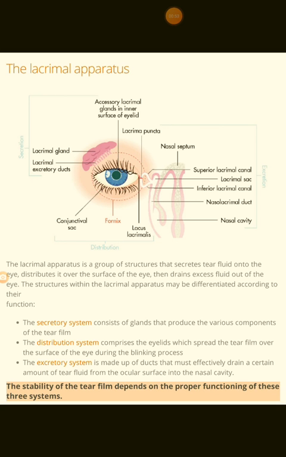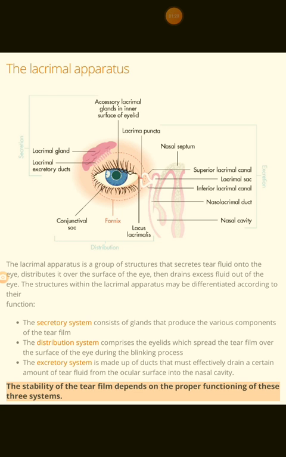Lacrimal glands are actually glands which are situated on the lateral aspect of each eye just above the supraorbital margin, and they are approximately the size of an almond, and they consist of a secretory epithelium. The function of these glands is secretion of tears, which are composed of water, minerals and different antibodies, and an enzyme called lysozyme, which is a bactericidal enzyme. So lacrimal glands are exocrine glands.